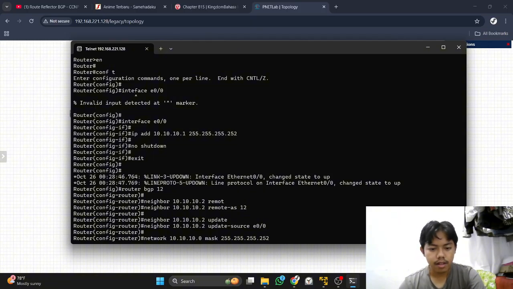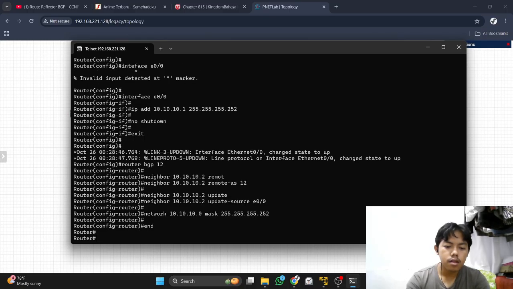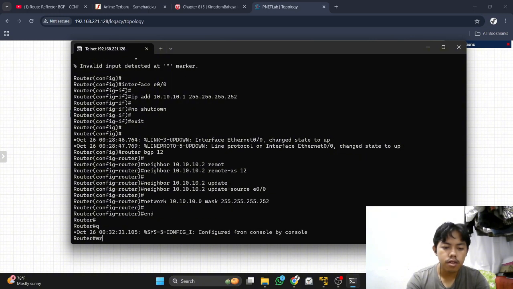And then enter. Then end, and we save the configuration.